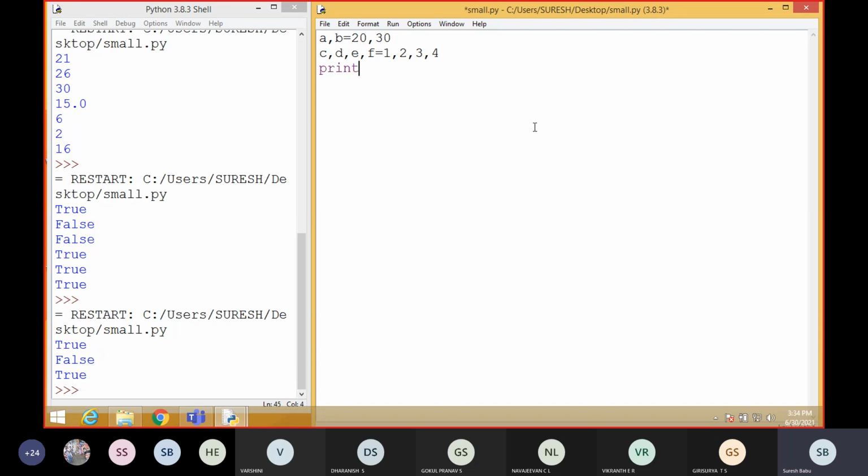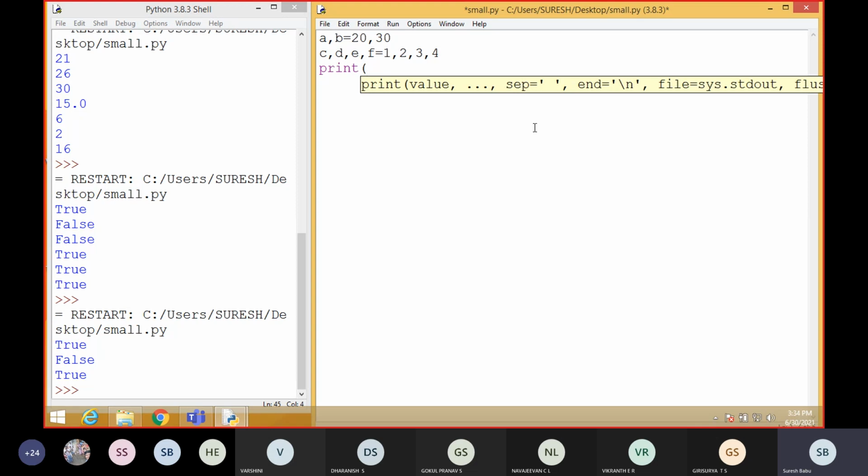Now I will give you the expressions. Kindly do this as homework. A plus equal to 2. First you tell me, what will be the answer, students?